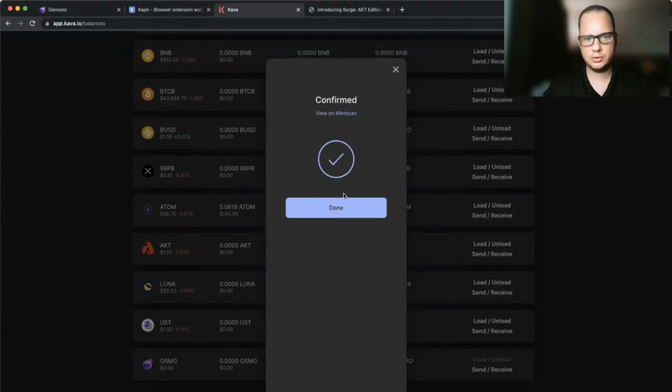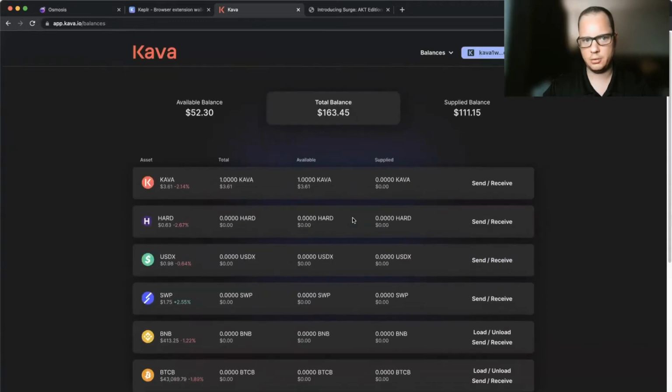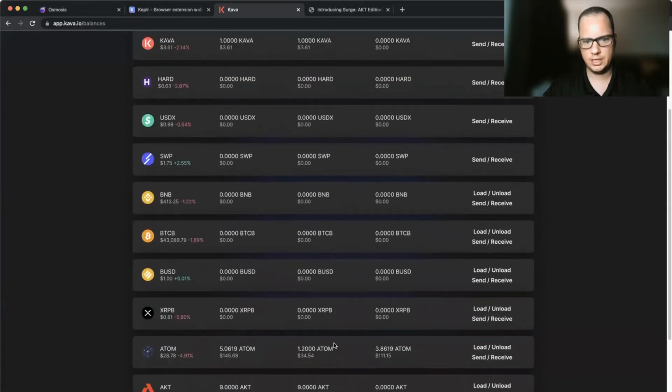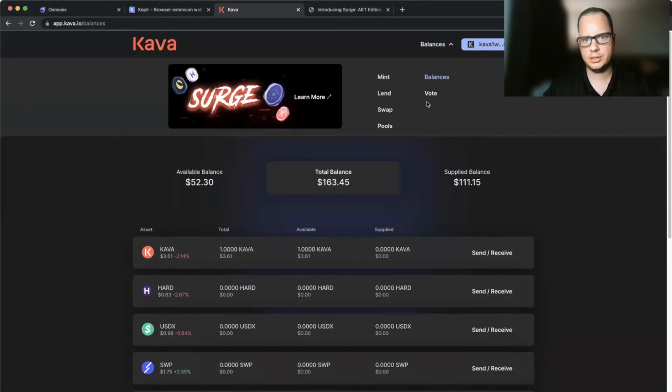Okay, and that's settled. So now we've brought our Akash tokens over here. Relatively simple. We can't really do anything with it, even though it's over here. We can't lend or borrow with it, but we can do that with our ATOM token that we also brought over here. So now what we'll do is we'll run up here to this display, and we'll basically just click on